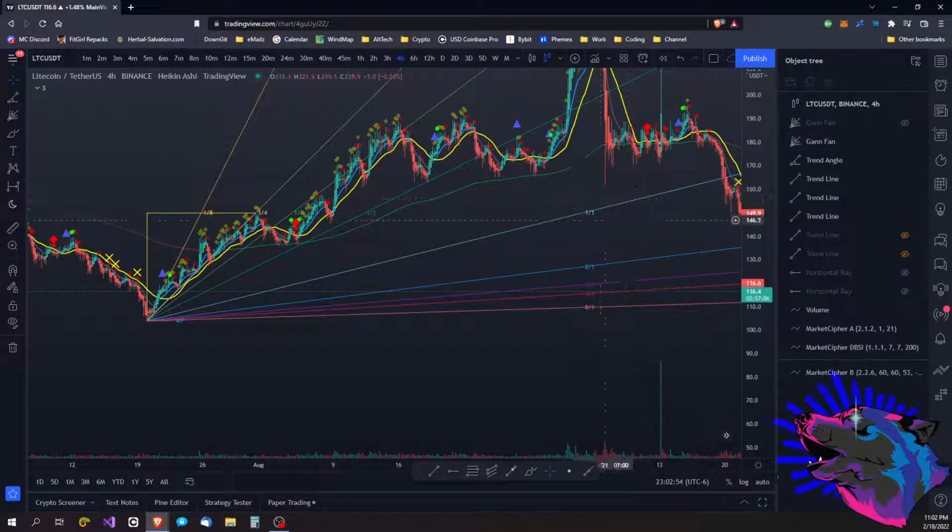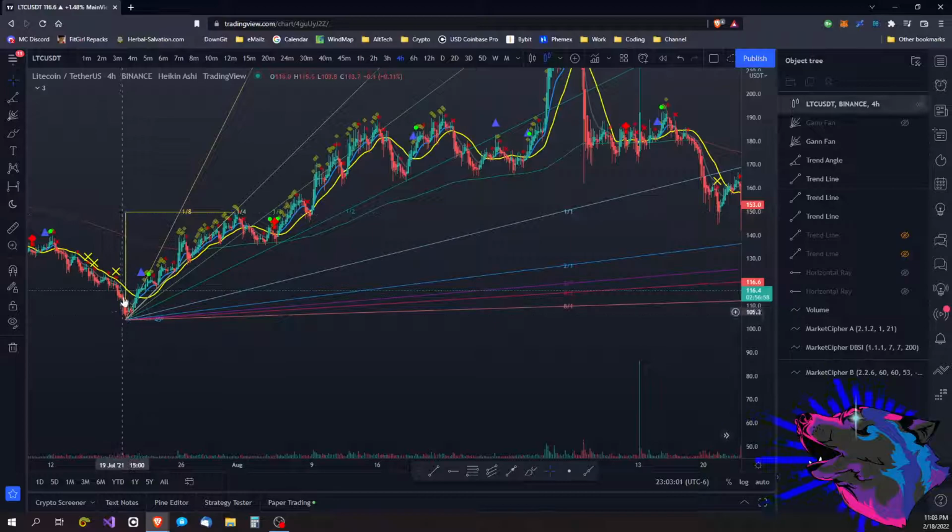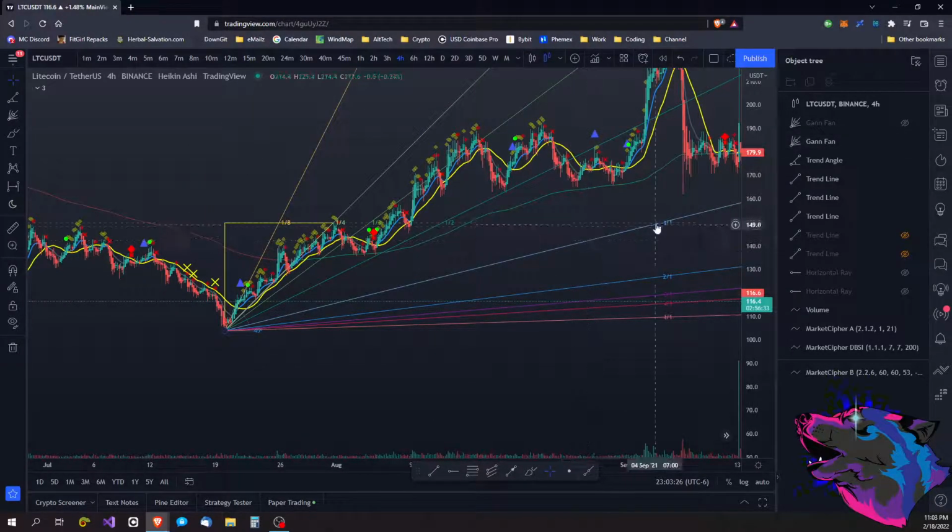Get to all that in a second, but 1-to-1 means that you have 1 unit of time per 1 unit of price, or in other words, 1 square on the grid. And then over here you would have 1 unit of time per 2 units of price. And over here you would have, oh, sorry, I think I got that backward. I'll show you in a second. This is a not so great example, but